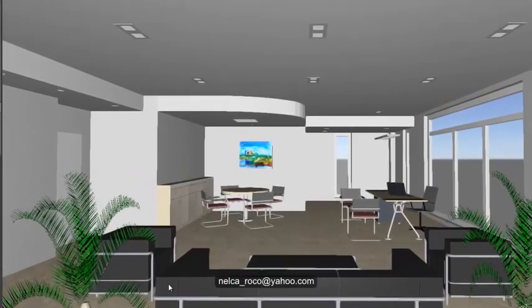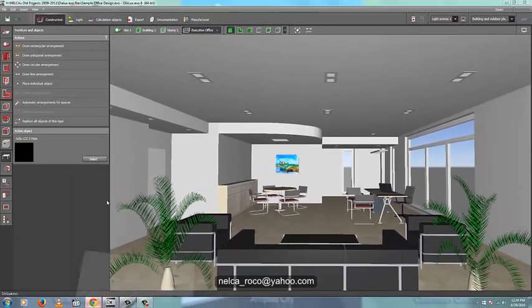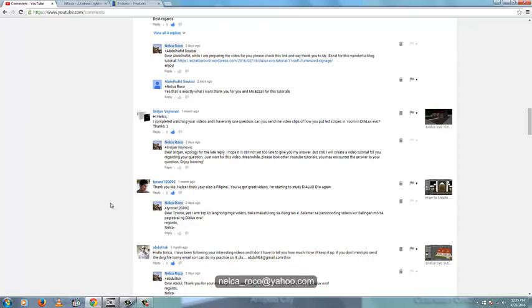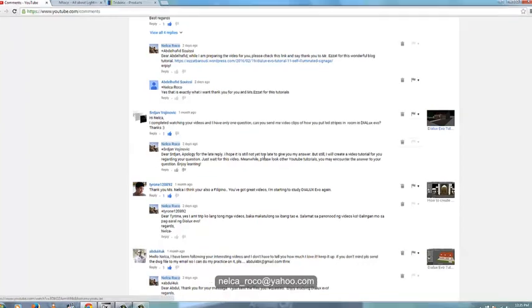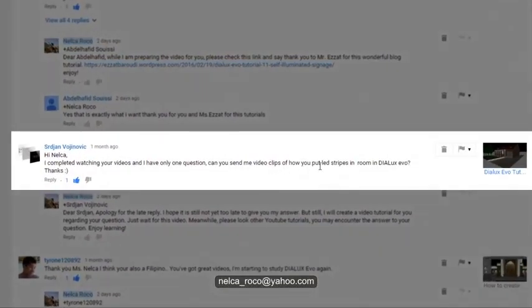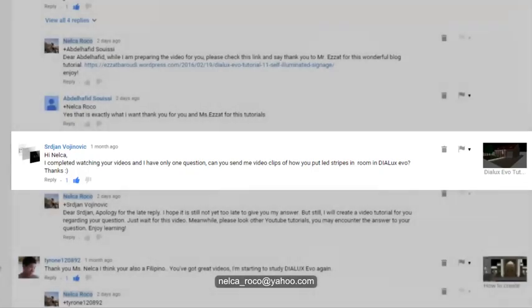I will answer another question from our friend, and he's asking how you put LED strips. Sorry, where is this? How you put LED strips? This is strips maybe in a room in DiaLux Evo. So, Mr. SRD John Vonjinovic, I will answer your question on how you will put your LED strips in your room using DiaLux Evo